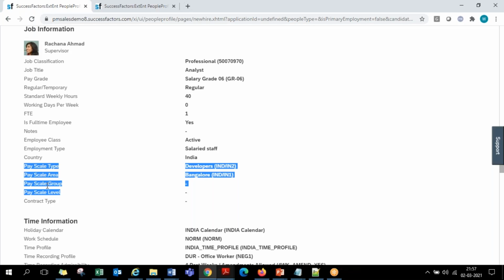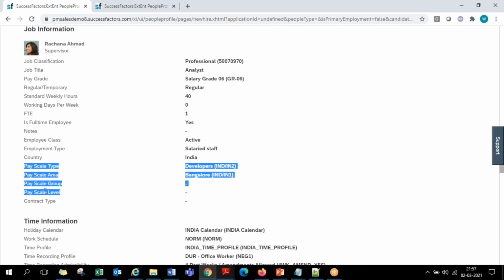So end of the day, matching any customer requirement, we can enhance these fields. It is a place where I record everything relevant to the employee. This is the employee centralizer module. Now, what fields do you want against an employee level? Do you want pay scale, type, area, group level, or XYZ fields? Whatever fields you tell me, I'll configure. Tomorrow, all this data you maintain here will be integrated with the payroll system. That payroll system can be SAP HCM payroll, or another third-party payroll, ADP payroll, any other payroll in the market. I'll integrate this data.